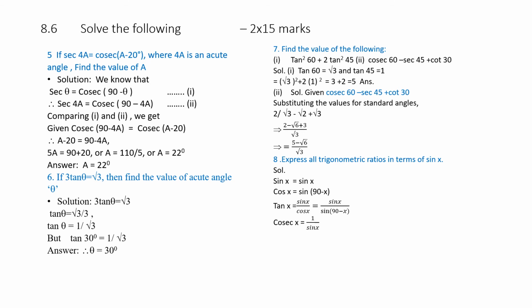Therefore, cosecant x is a reciprocal of sin x. Therefore, cosecant x can be written as 1 over sin x. Secant x is reciprocal of cos x, therefore, that can be written as 1 over sin of 90 minus x. And cot x is reciprocal of tan theta, that is equal to cos x by sin x, that is equal to sin 90 minus x divided by sin x. Hence, we have expressed all in terms of sin x.